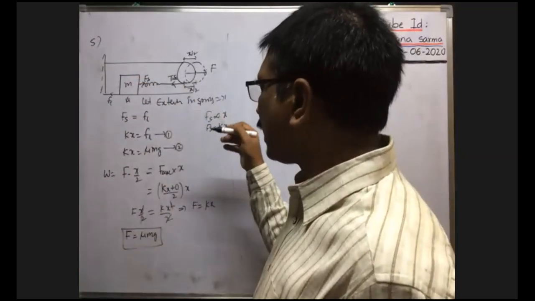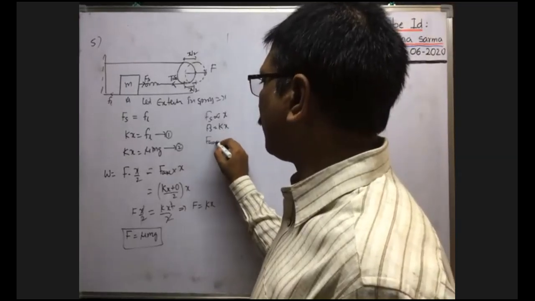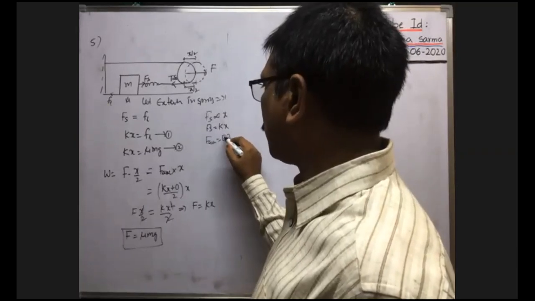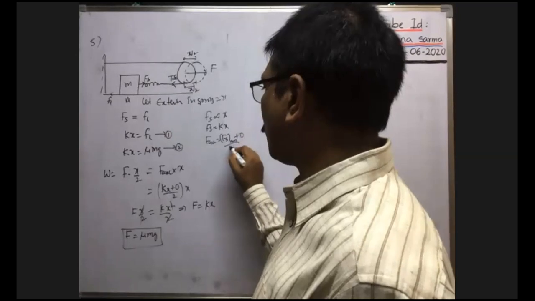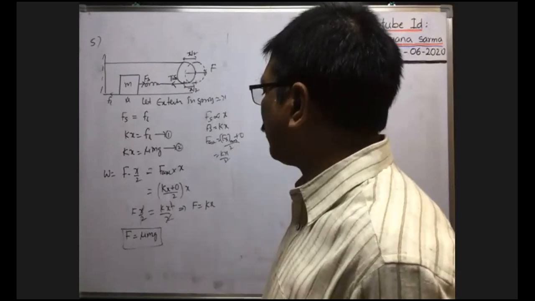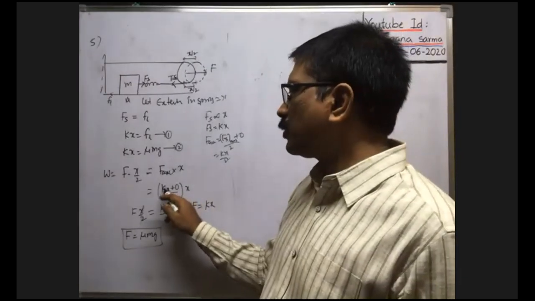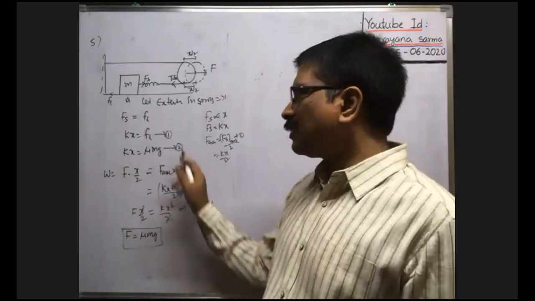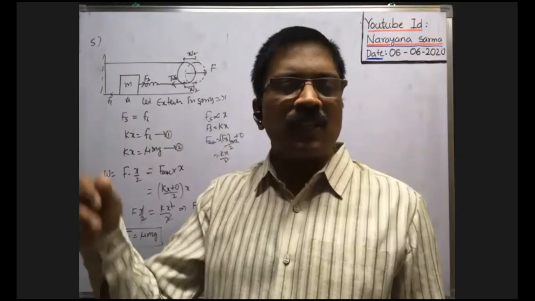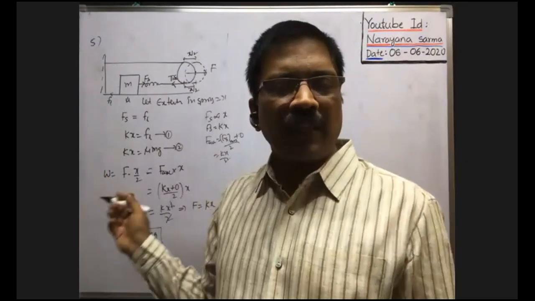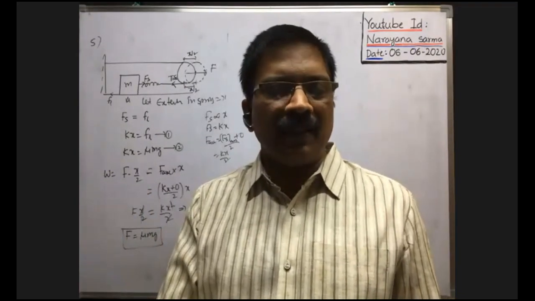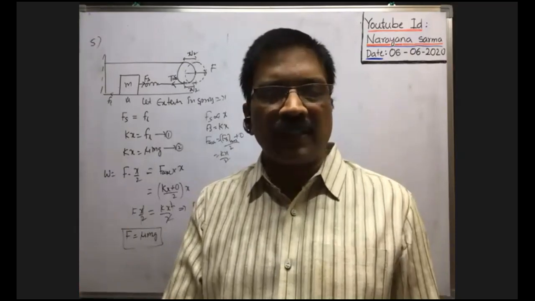Okay, during this time, what is the average force? F average is equal to maximum spring force developed, that is kx, plus minimum, which is 0, divided by 2. Maximum spring force means kx, by 2. This is the average spring force developed. So average spring force developed is kx by 2, times the extension of the spring x. That's the work done by the spring force. This work done is stored in the spring as potential energy. That's why potential energy stored in the spring is equal to half kx square. Whenever the spring is extended by x, the energy stored in the spring is half kx square.